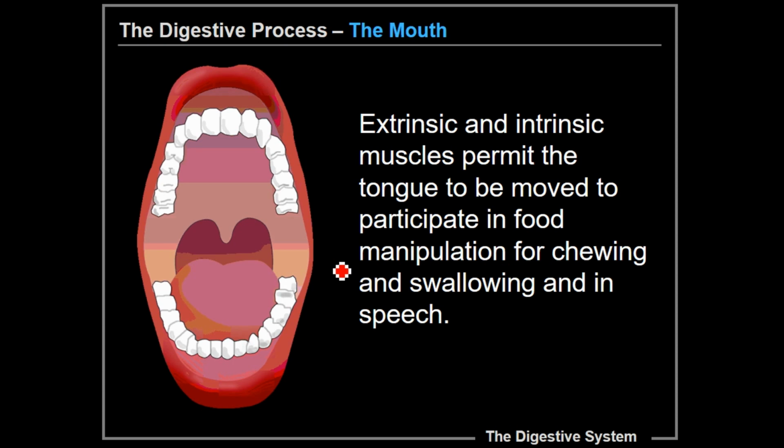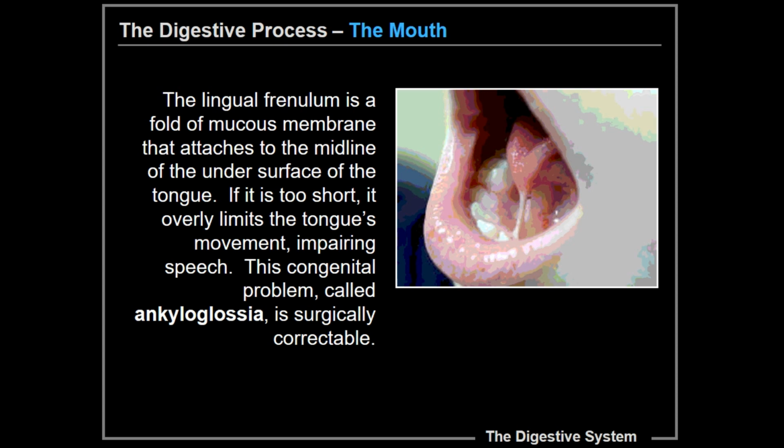And speech takes a lot of brain power. This is why the other members of the great apes that we are related to don't speak. They understand language, but they can't vocally communicate, and that's because they simply don't have the brain power. So that's a little bit about talking and your tongue.